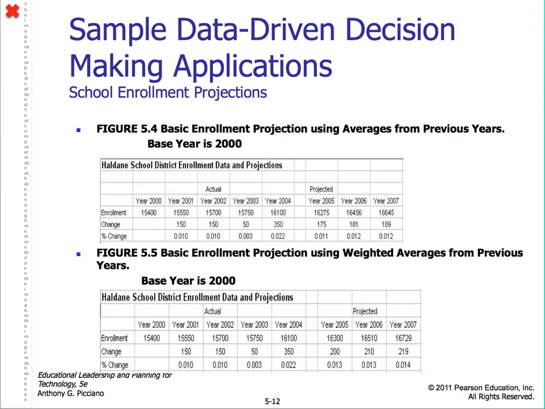Now, the last slides are really applications, and how you make decisions based, in this case, on projections. We want to always look forward. We want to see where we're at now. We want to look at the past and then go forward. So we look at how enrollment in this case has changed throughout the years, and we can make decisions on that. If enrollment's going up, we need to get more money or something in that nature. And they have the weighted averages. I'm not too worried about that.